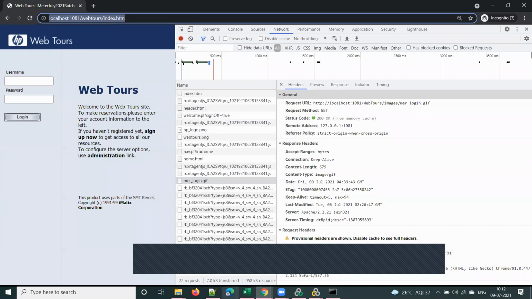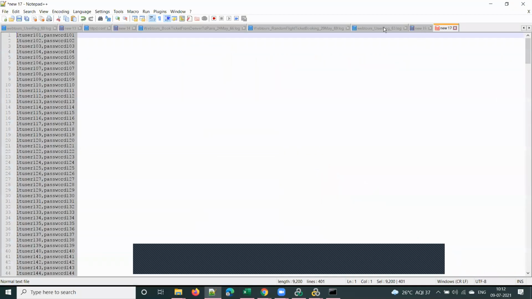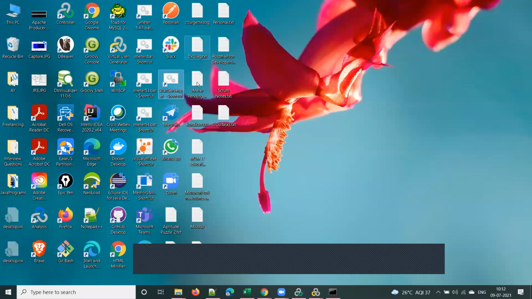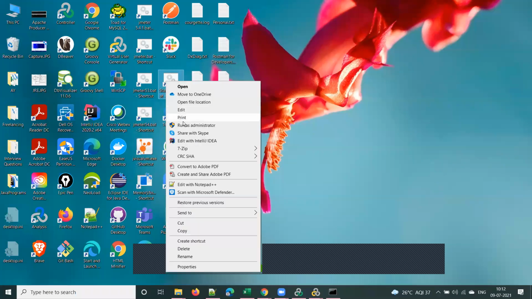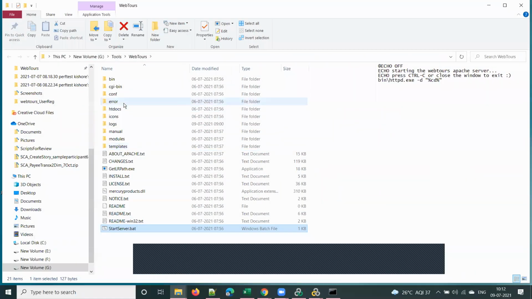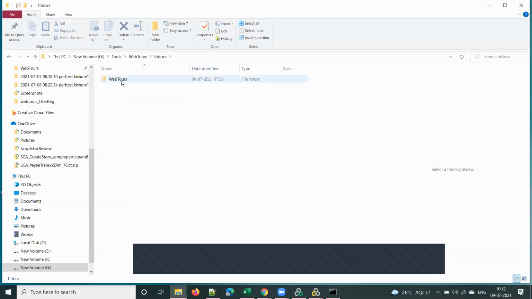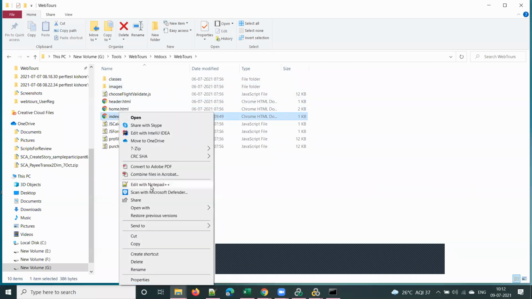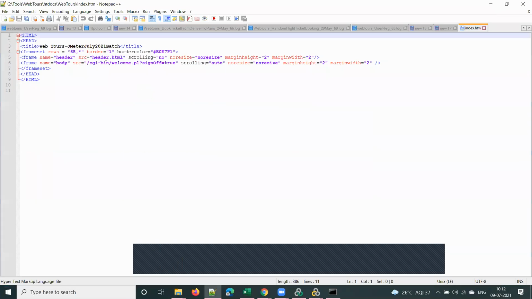So how is it called? I explained it here, isn't it? I have shown you that index.htm code, right? So it will happen like a chain. Okay. Let me show you one more time. So go to your web tools folder, open file location, htdocs, tools, right? It will happen like a chain. So you are sending a request to index.htm, and index.htm is calling header.html and welcome.pl, right?